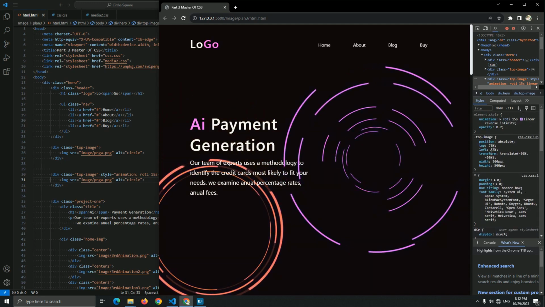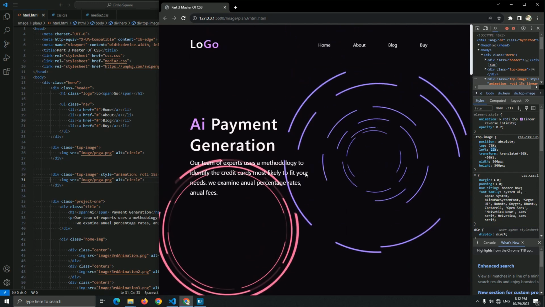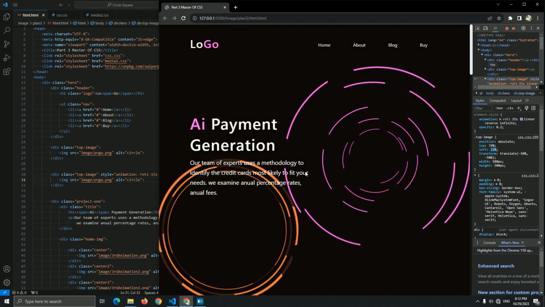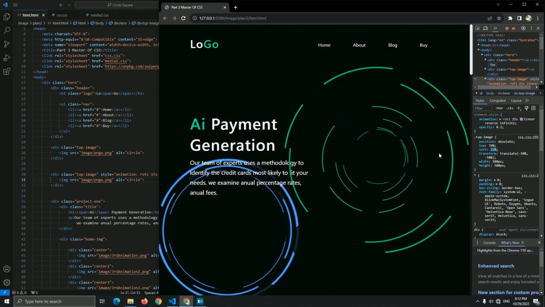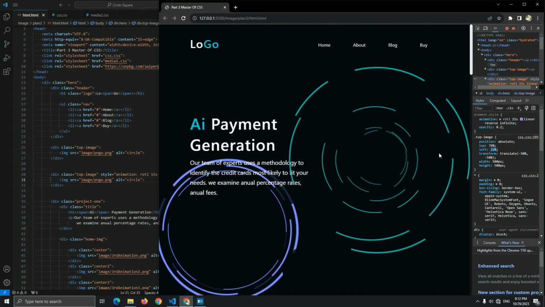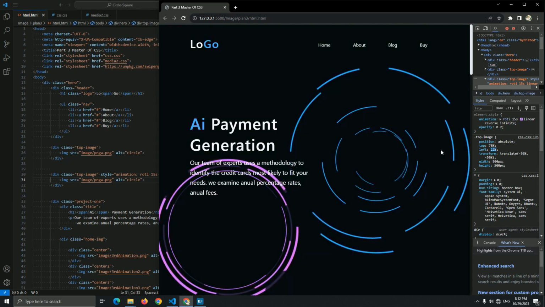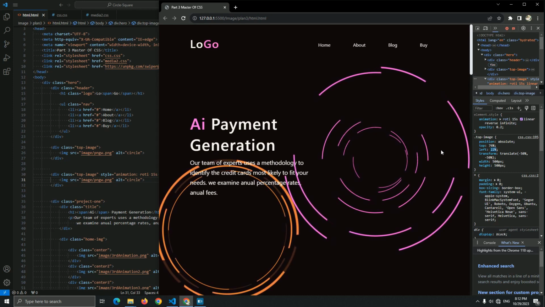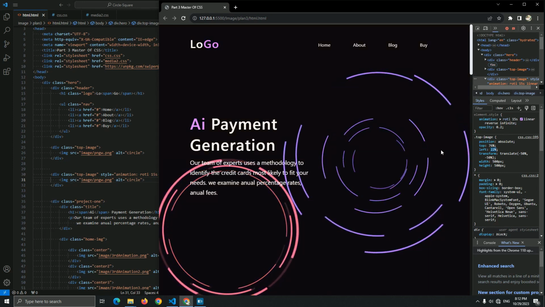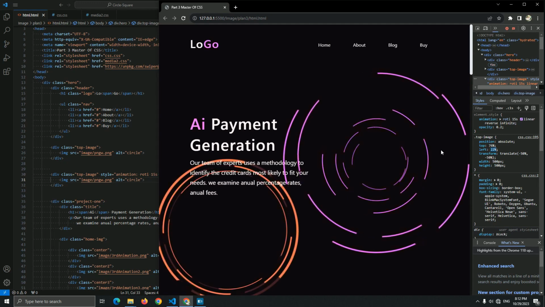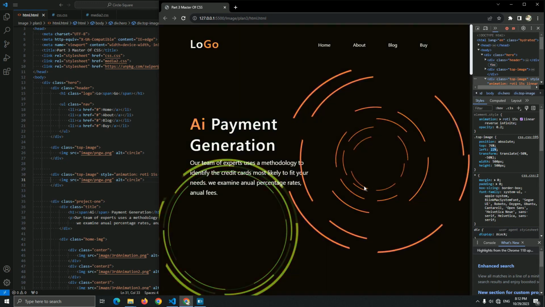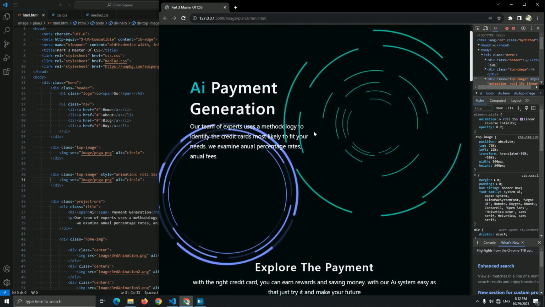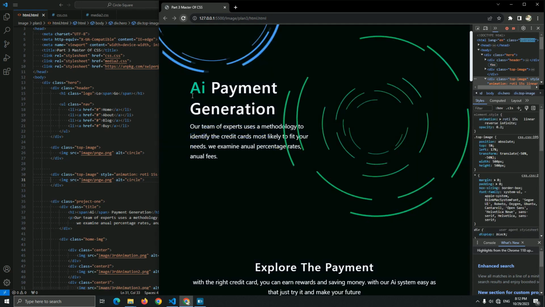Just be careful when you choose this image. I don't know how to create images, so I created a bad picture. I'm sorry for this, guys. Just be careful when you choose an image to add the rotate animation, because the rotate animation needs the real width and height to be the same, and inside the PNG it must be the same width and height. So just be careful when you choose this image, in case you see this problem when you add this animation. But yes, this is a better image, as you can see.